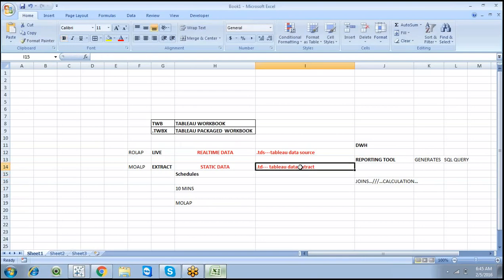We are going to extract some part of the data or all the records, and it generates a .td file. So a live connection generates a .tds file and an extract generates a .td file.